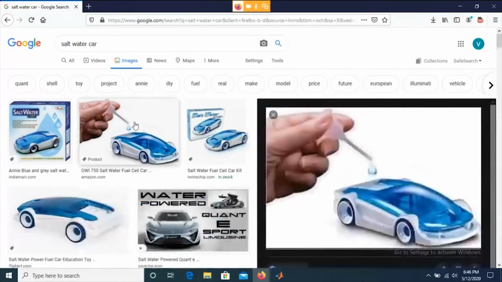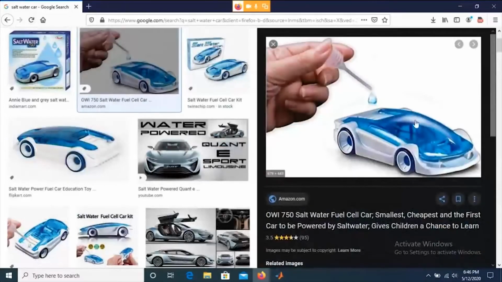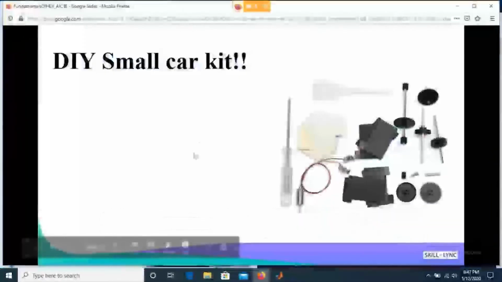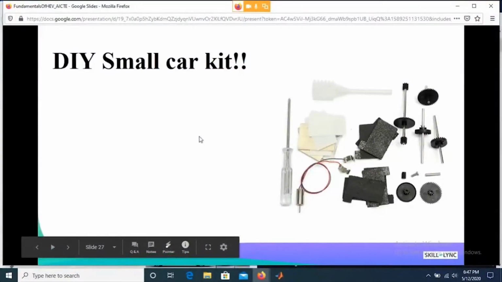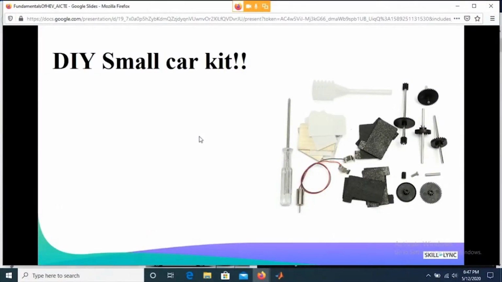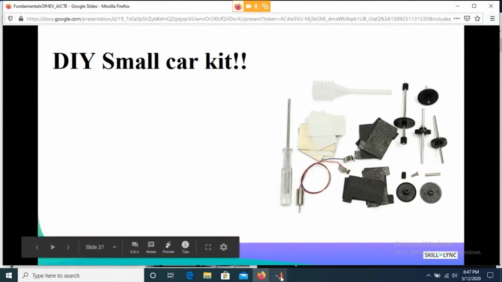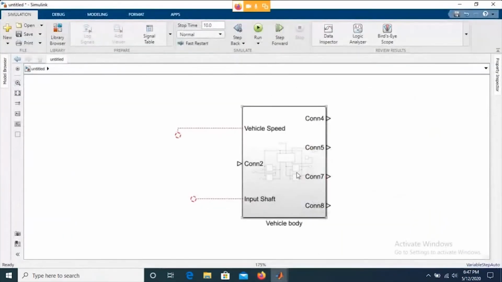This is the vehicle body, and I have already shown you some of the parts, right? You just need to add a salt water drop, and this is going to continue for around 5 to 10 minutes, right? So this car will continue running for 5 to 10 minutes, and it's a good exercise of car assembly for kids, right? If you know what the components are, you can actually replicate the same in a MATLAB model, right? So let me go to the MATLAB model and work on the other parts as well.